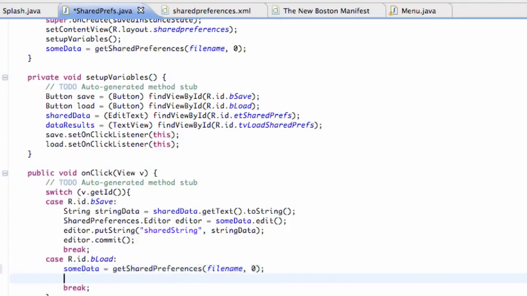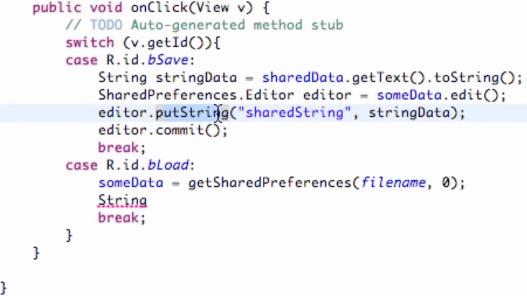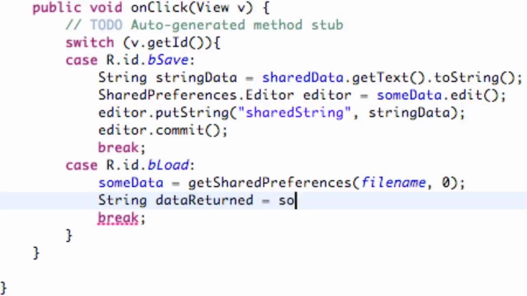And now what we want to do is set up a string, because we're going to get this string that we put in right here within our save button, and we called that string shared string here. So we're going to set up a string variable called data returned, something like that, and we're going to set this variable equal to our SumData, again our shared preference, and